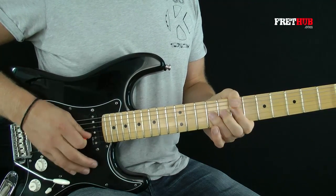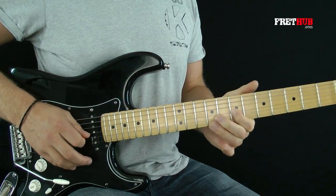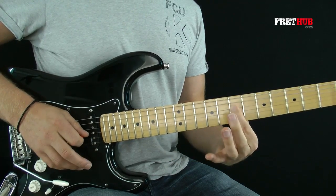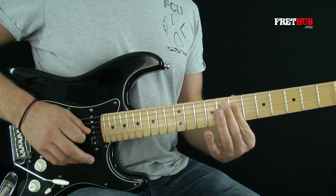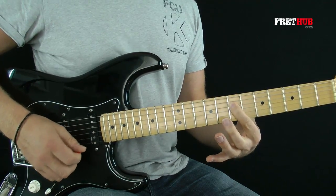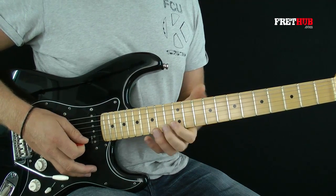So double bend, just a single tone, and then slide, ending on the A, seventh fret of the fourth string. So that last section is